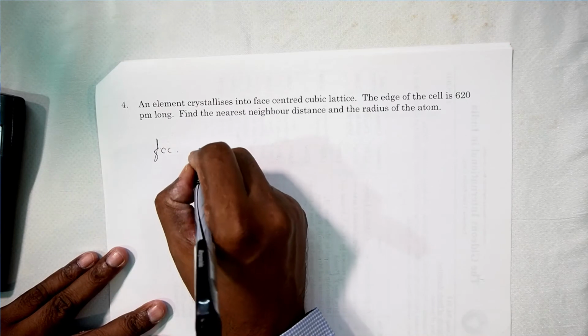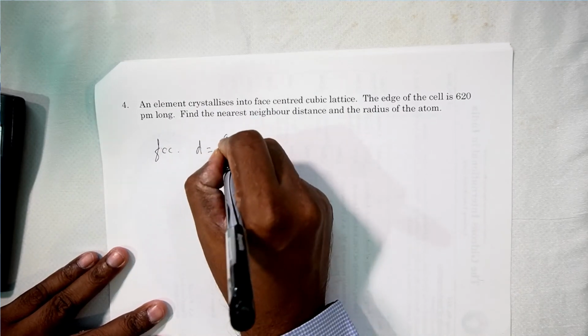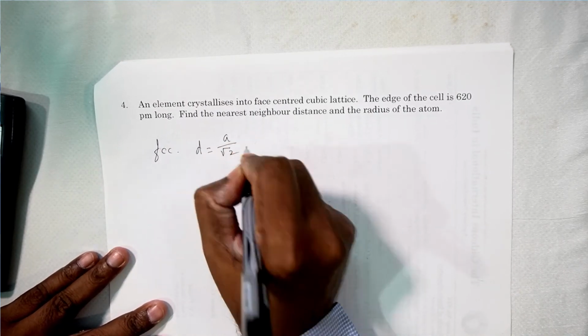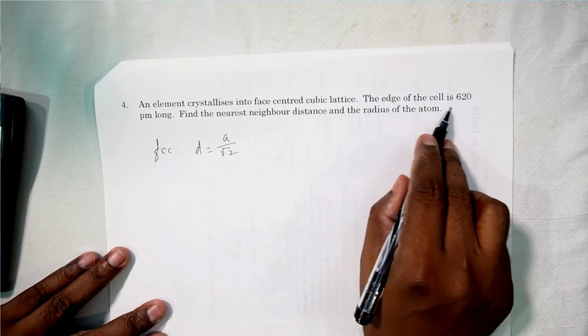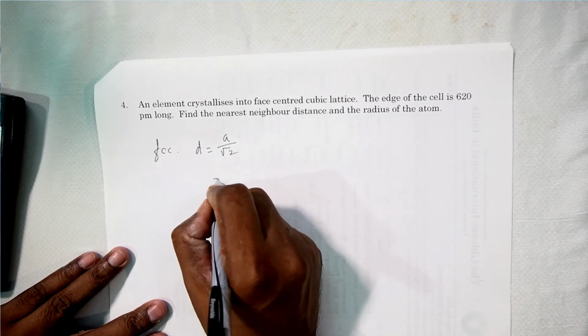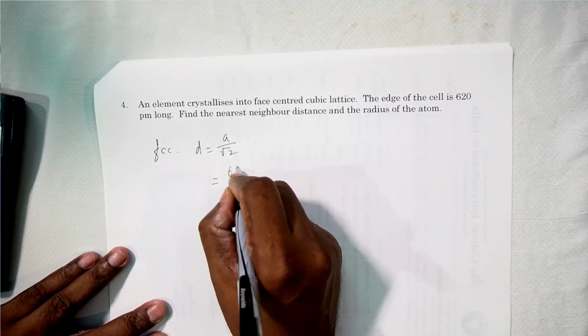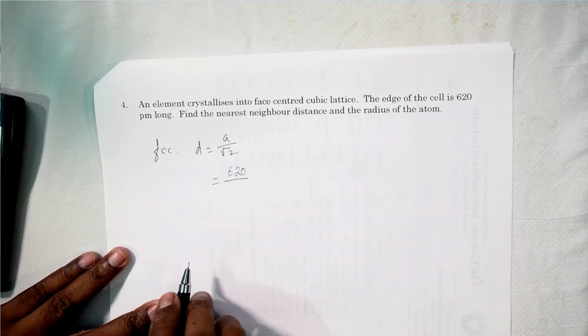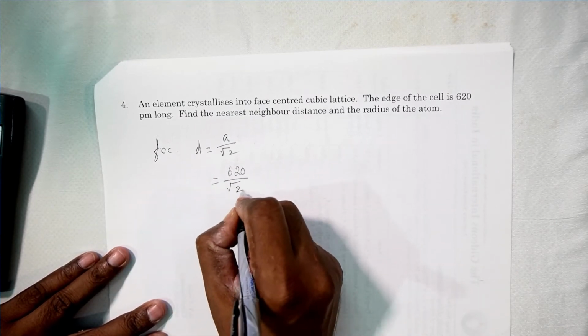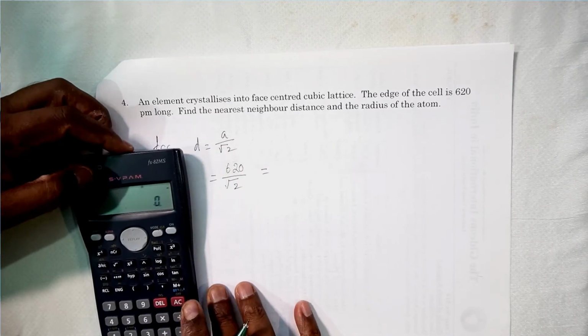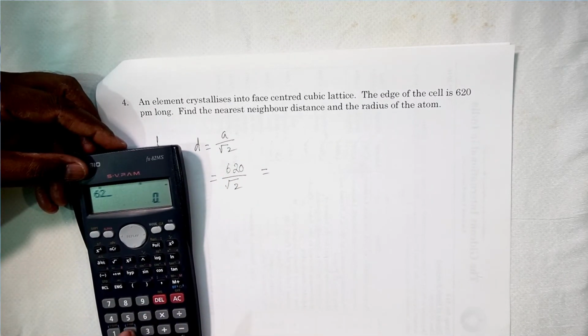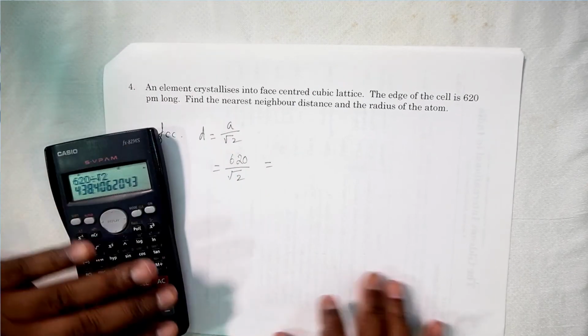For FCC, D is equal to A upon root 2. The edge of the cell is given, so 620 divided by root 2, using your calculator, gives